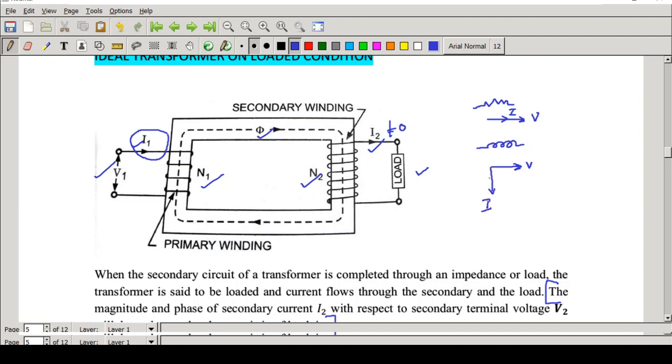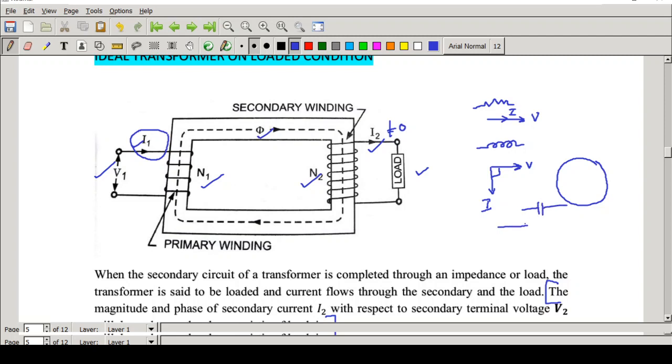What is the meaning of lagging? Current is following the voltage, or current is behind the voltage. First voltage will go, that is, it is a circulatory motion, right? So the first voltage vector will move, then the current will move, or current will follow the voltage at an angle 90. Now when you consider a capacitive load,